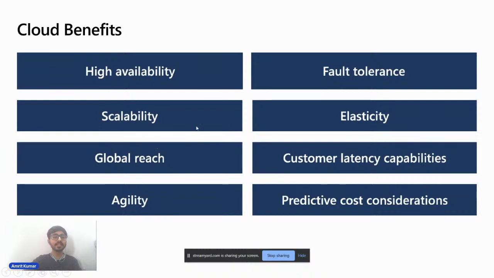Scalability. In scalability, you can scale up or scale down as per the computing resources or the traffic your application is actually facing. If the traffic is quite high, you can scale up, and if it is low, you can scale down or scale out. So these are some cloud benefits which you can't really get on on-premise systems, because in an on-premise system,